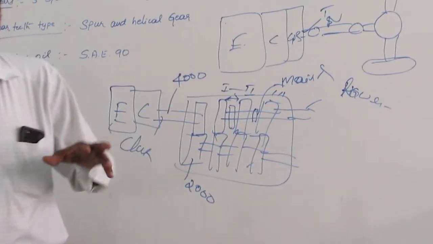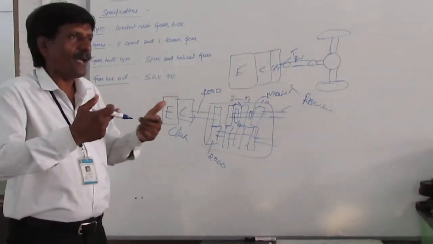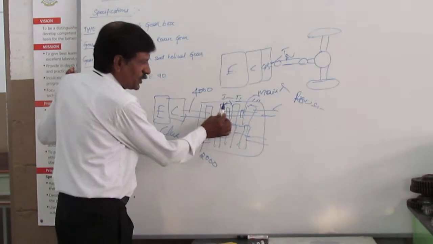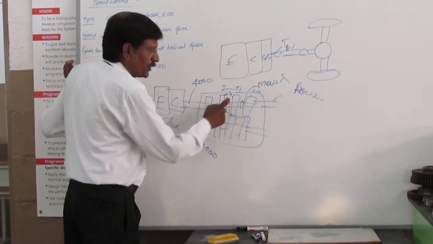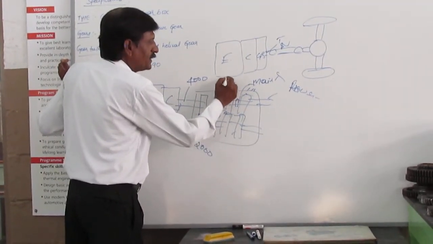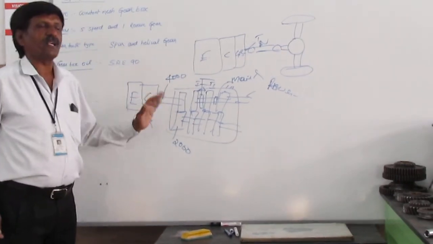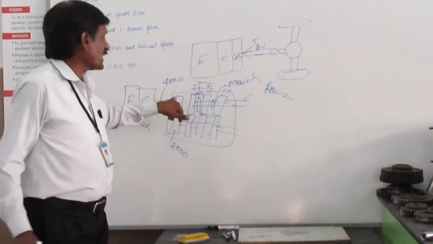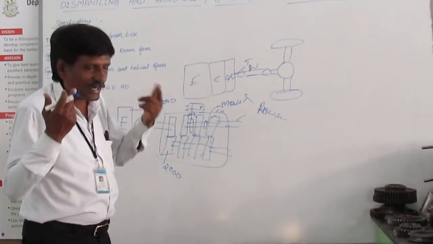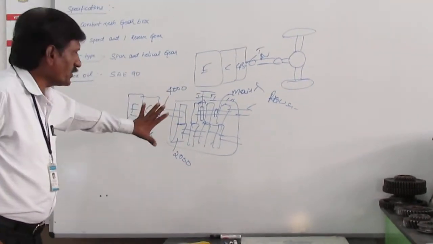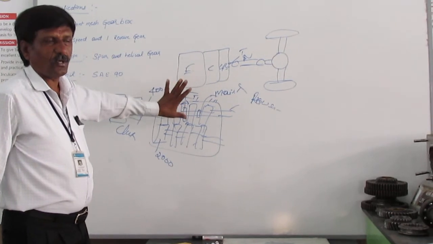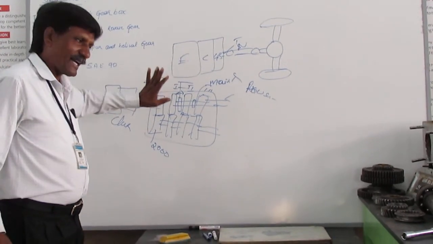The dog clutches have both rotary as well as axial movement. These dog clutches may slide to and fro. By using the gear lever, we may move the dog clutch either right or left and make it engage with the corresponding gear. Then we may get different gears. That is the basic working principle of the constant mesh gearbox used in the